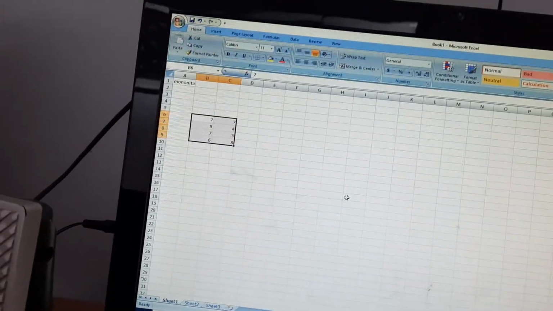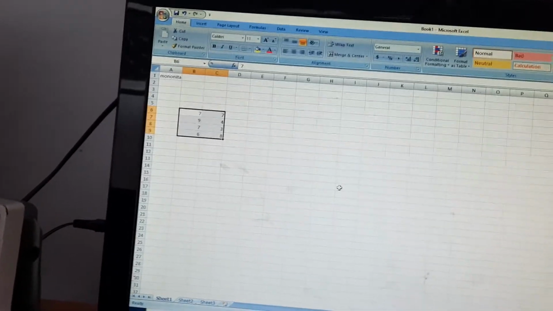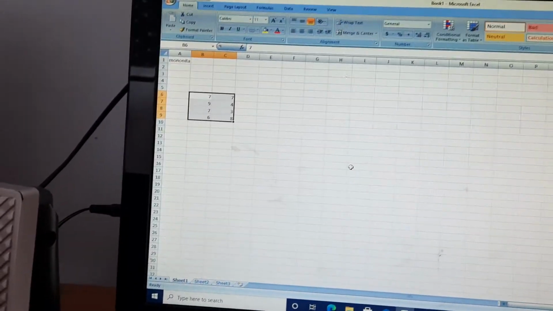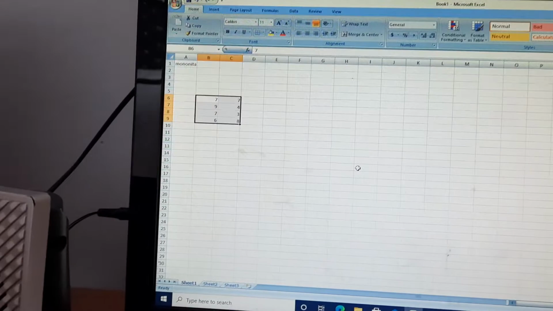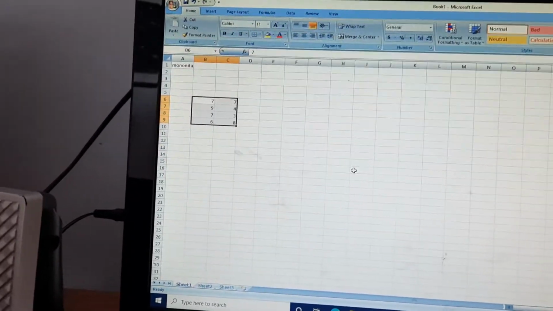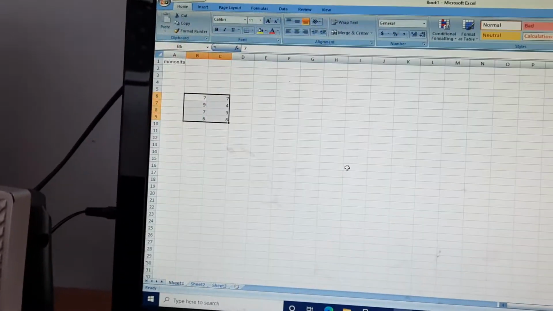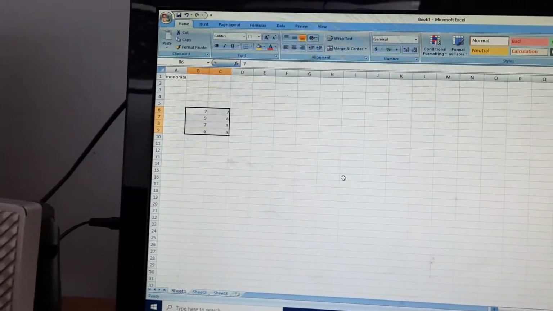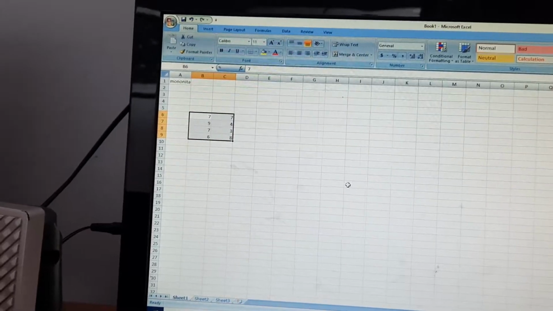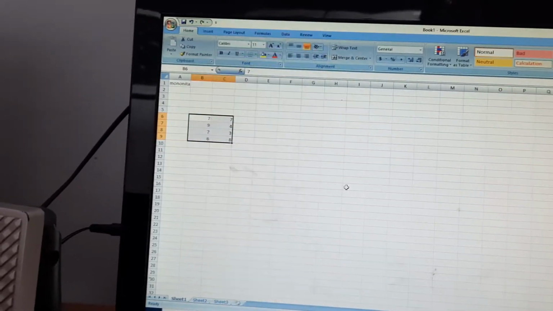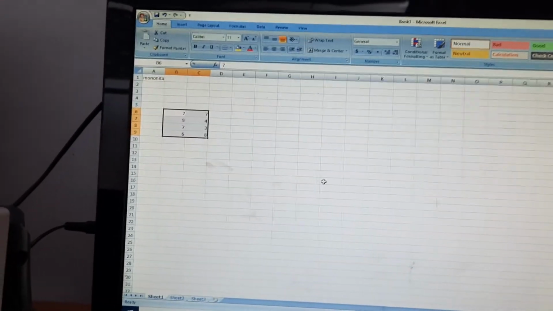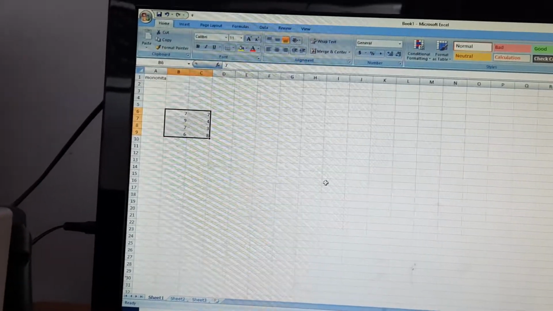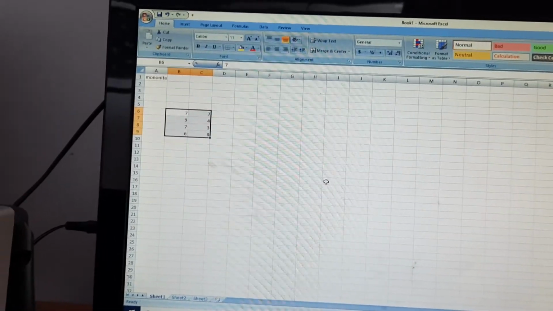Types of data. There are different types of data, like text, numbers and formulas. Text is what we are writing, like the alphabets, like hello, the name, anything, that is called a text. Numbers, when you are writing the numbers, like here I am writing the numbers, so this is one of the types of the data. And the formulas, when we add something like adding, subtracting, multiplying, taking out the average, taking out the percentage, so that is called the formulas. So there are three types of data: text, numbers and the formulas.